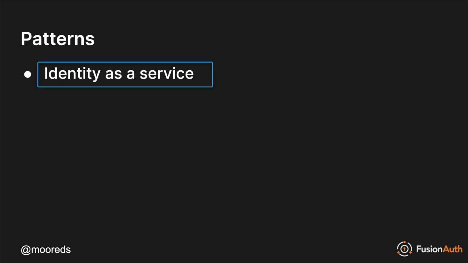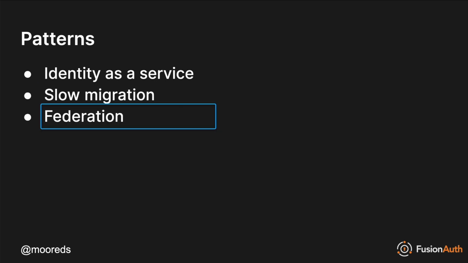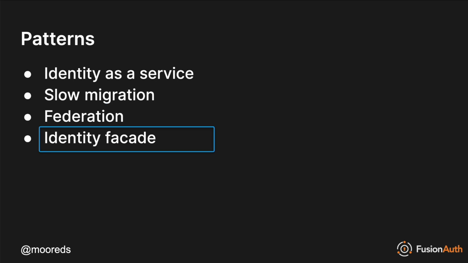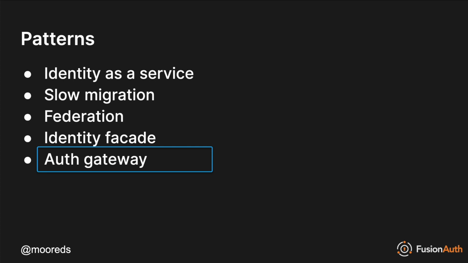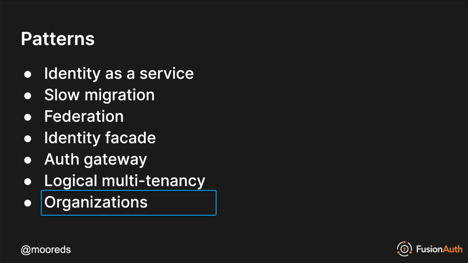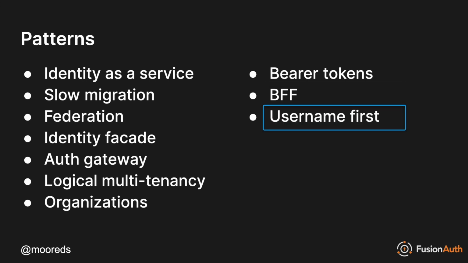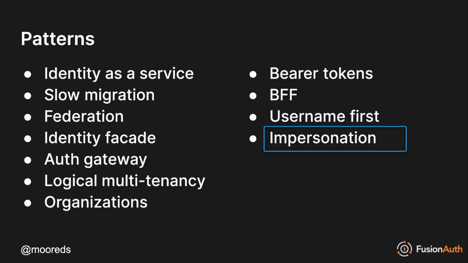The first pattern is called Identity as a Service. I'm also going to talk about slow migration. Federation is a big thing in the identity world. We'll talk about the identity facade, the Auth gateway pattern. We're going to talk about logical multi-tenancy. There are multiple kinds of multi-tenancy, but we're going to discuss logical multi-tenancy. We're going to talk about organizations as a different way to separate your users out. We'll discuss bearer tokens, the BFF pattern, the username first pattern, and then finally impersonation, where we allow one user